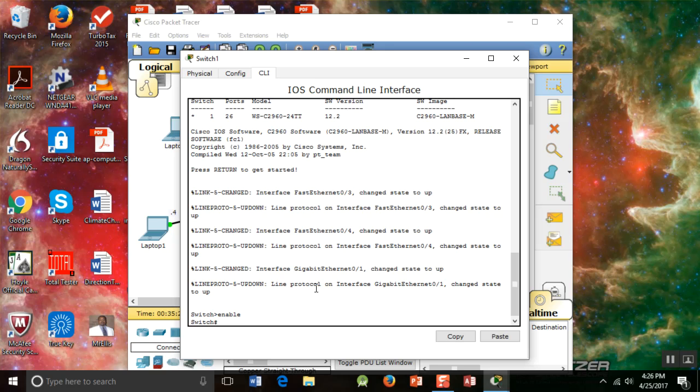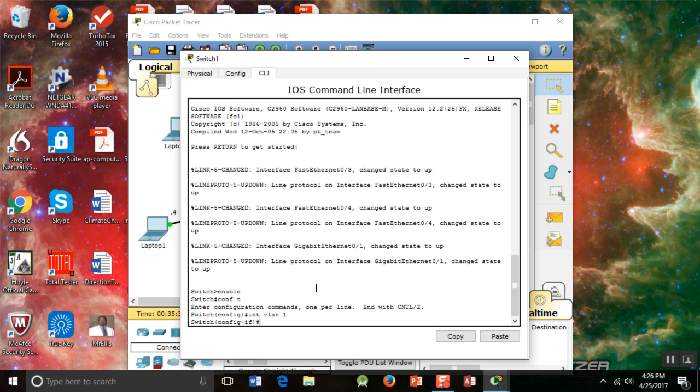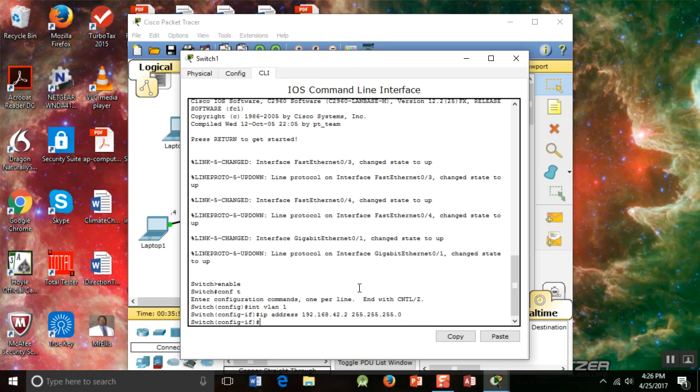enable, we will conf T, or configure terminal. We want to go int VLAN 1. Now, in this VLAN 1 interface, it's a virtual interface, but it takes the same command, IP address, okay, and it is 192.168.42.2. Same subnet mask, 255.255.255.0. I hit enter, and now I'm going to go no shut,